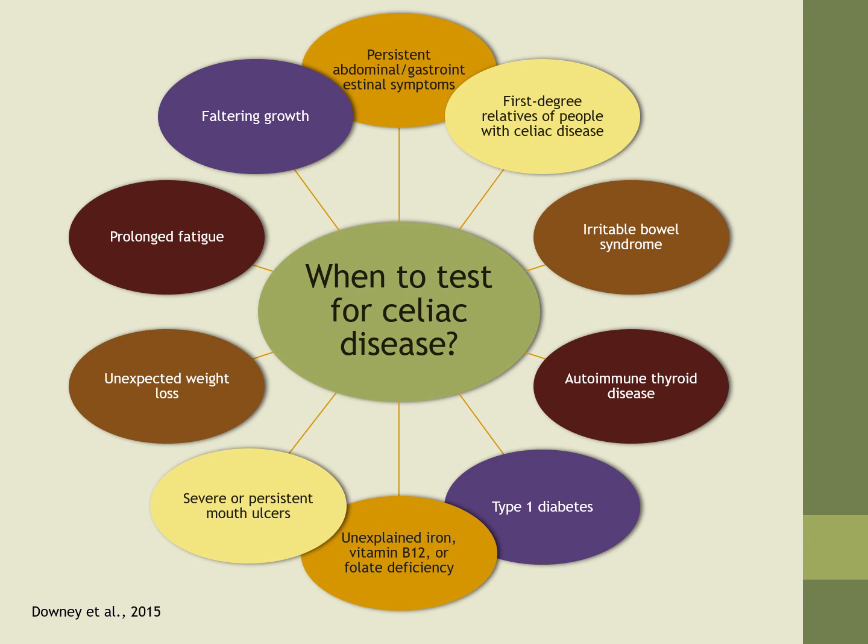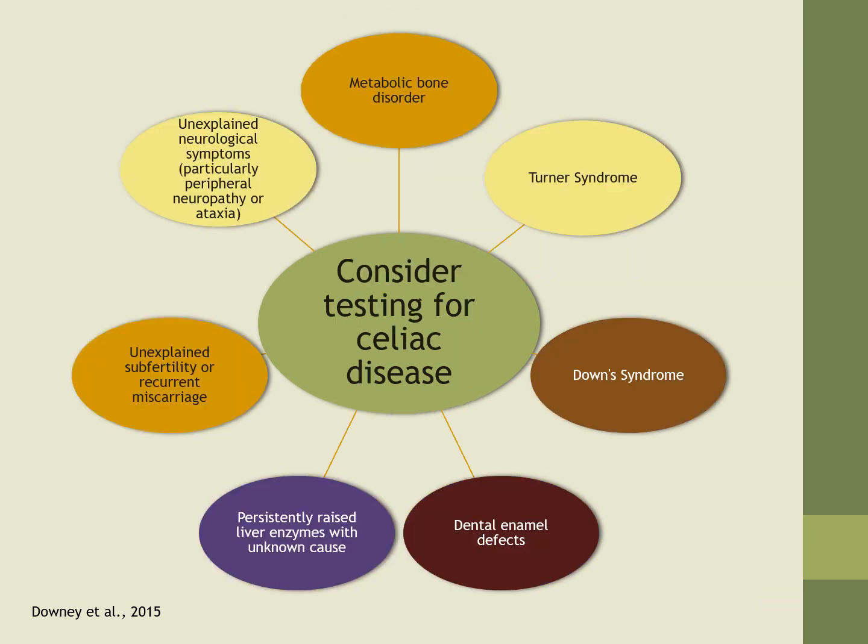Patients at higher risk should also be tested. They are patients with type 1 diabetes, autoimmune thyroid disease, irritable bowel syndrome, and first-degree relatives of people with celiac disease. Celiac disease testing should be considered in the following patients: patients with metabolic bone disorder, premature osteoporosis and osteopenia,